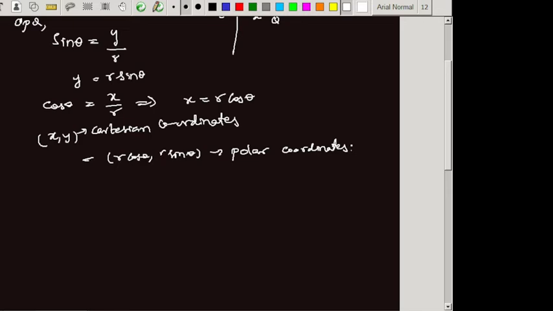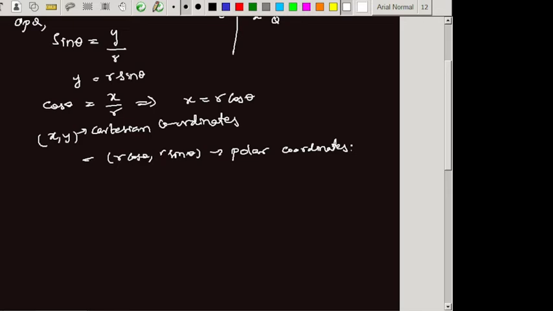So here we apply tan on the right hand side also. We get the form of tan of a plus b. So tan of a plus b, we can write it as tan theta plus tan phi divided by 1 minus tan theta into tan phi. So we consider this as equation number 1.